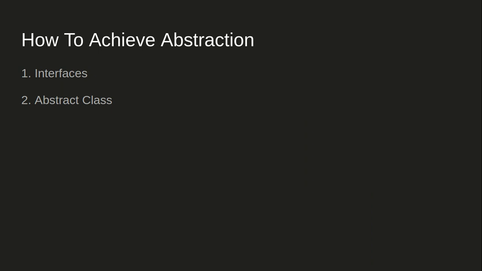So how do we achieve abstraction inside the code base? On a very practical level, there are two ways: interfaces and abstract classes. As a rule of thumb, whenever you are designing code, you should always provide interfaces. You should always write code to interfaces. You shouldn't write directly to implementations. All the client code should get are the contracts of the interfaces or abstract classes. They shouldn't know the actual implementing classes or the actual implementations.